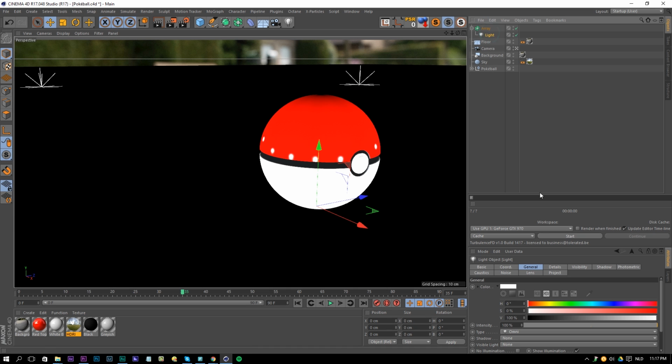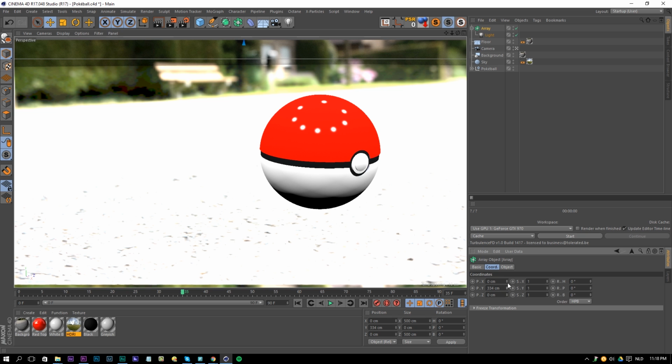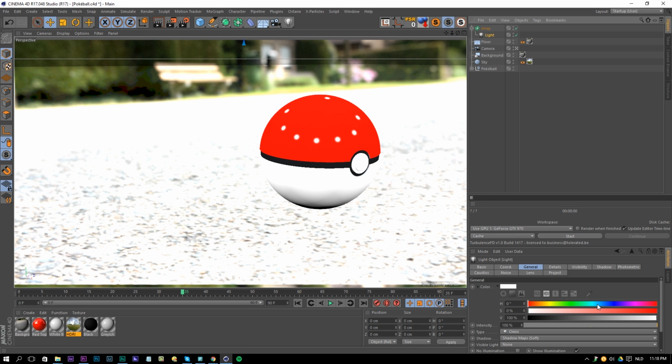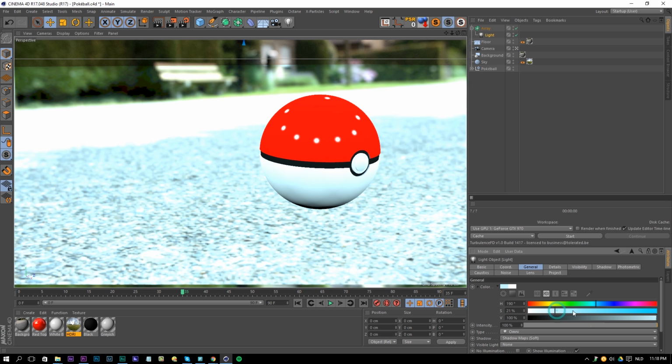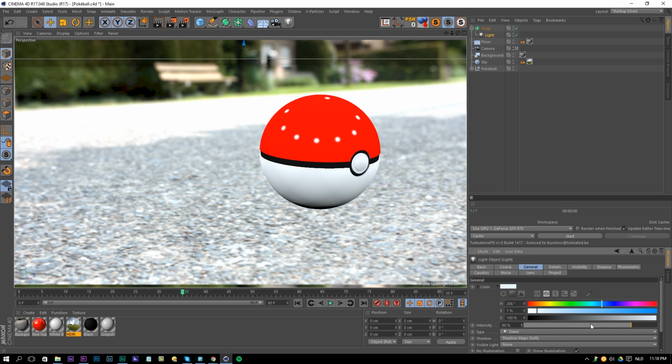To the array, and go to the light, and then change the general shadow to soft. And then the only thing that I did is the array, I position it way above, like so, and maybe made it a little bit wider, to like 500 or so. And now we have light coming from everywhere. We can make it a little bit bluish if you want to. It's totally up to you, and maybe less intense, depending on whatever you like.